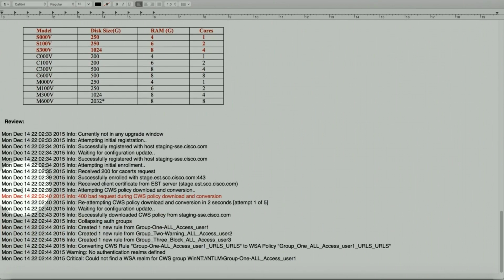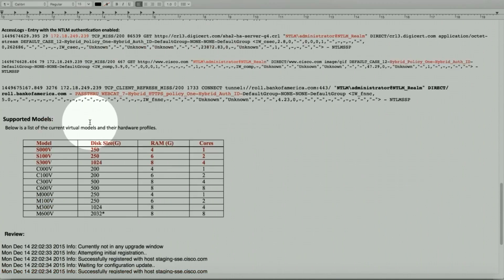Additional review logs that I have added here. In the event that during registration you get 400 bad request, that will require you to redo the registration, for whatever reason, if we see this in the field. And there are a couple of other errors that we'll talk about, and some of the policy when it downloads, these are the policies on the portal. Scan Center will check that as well. So with that,